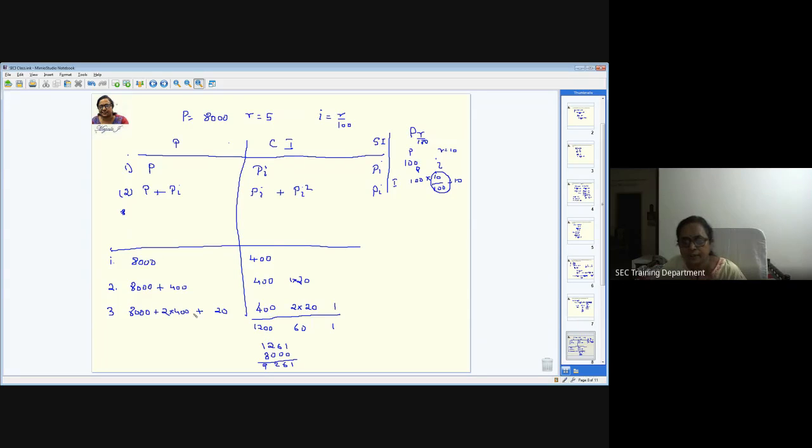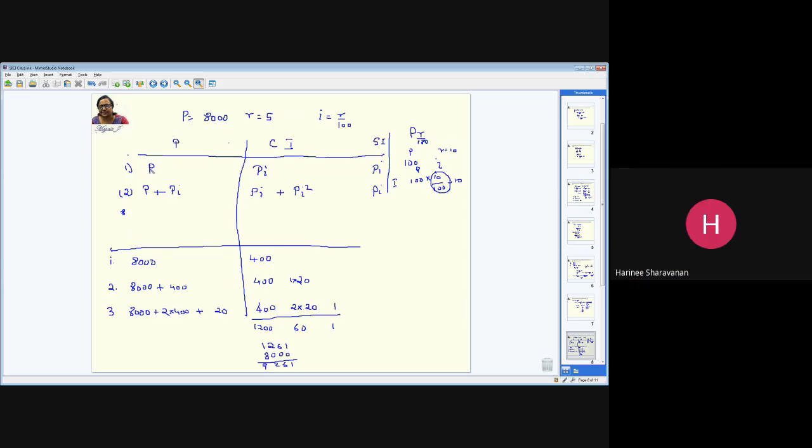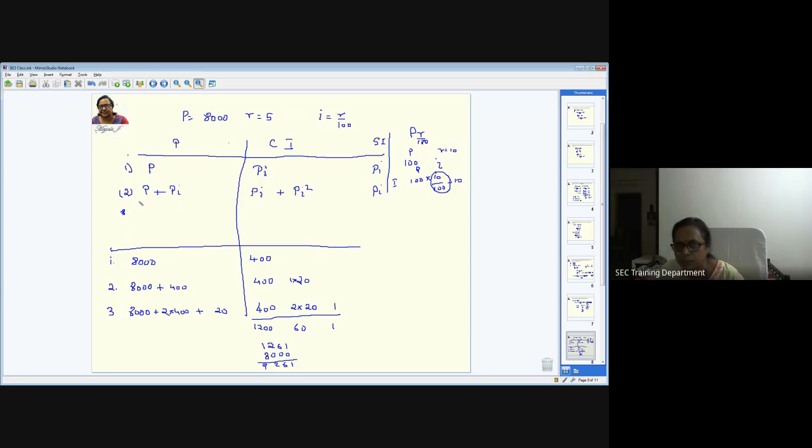Is this part clear to you? Yes, ma'am. Because what I'm going to explain is further required for other problems. So now you can understand the principle, and I'm just taking the interest by multiplying that into R by 100. R by 100 is nothing but I. So PI gives you the interest for this amount. And then next year, I'm considering this principal plus this interest as a total principal, and now calculate interest for that. So every time when I calculate interest, that I has to be multiplied. So P into I gives you this, and PI into I gives you PI square. Is that clear? I hope so. Now it will be clear.